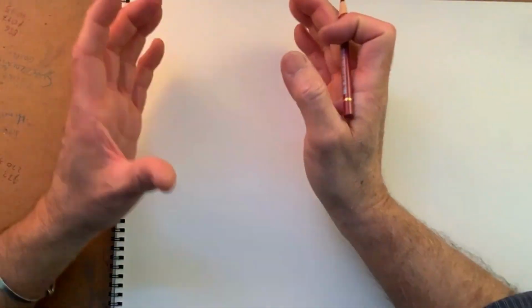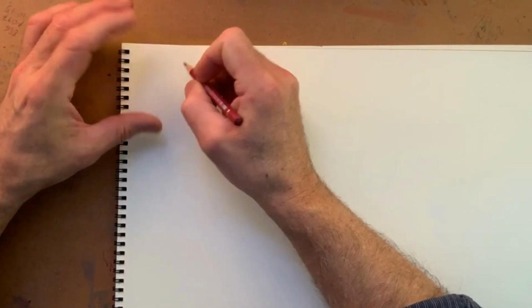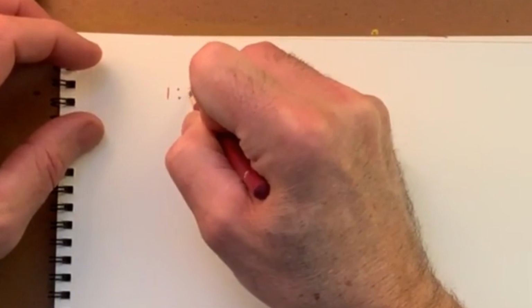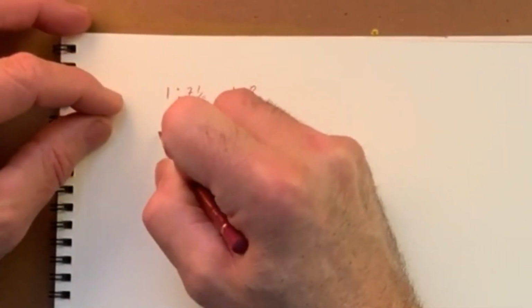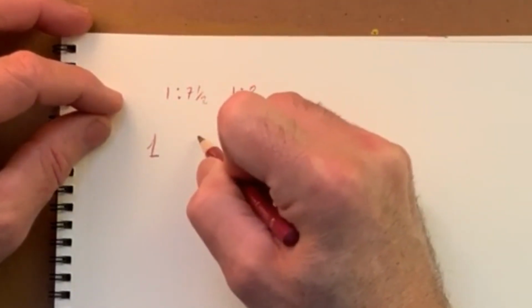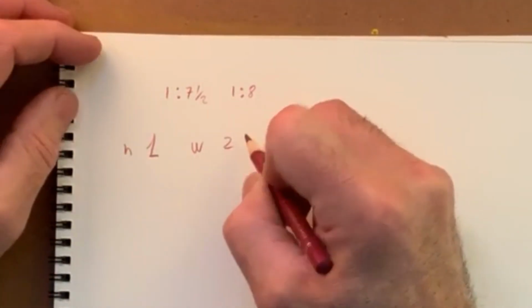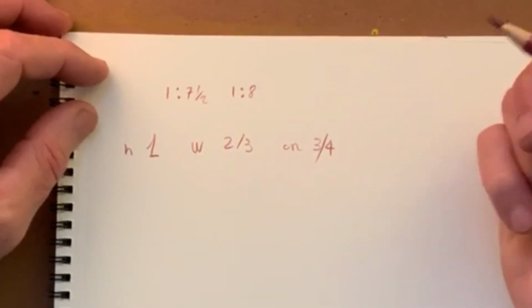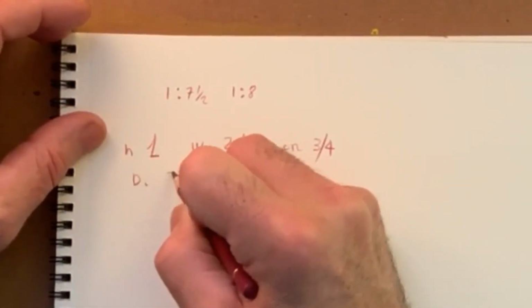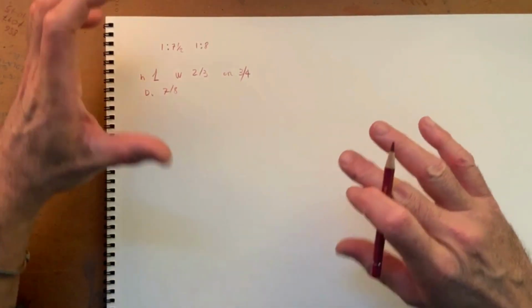The two most common sets of proportion of head to body are either 1 to 7.5 or 1 to 8, right? 1 to 8. The head is going to be 1 is the height, and the width is going to be 2/3 or 3/4. The depth 7/8, right? So do you want to linger a little bit on this, because this is important to look at,